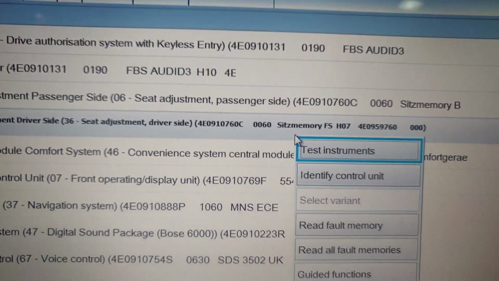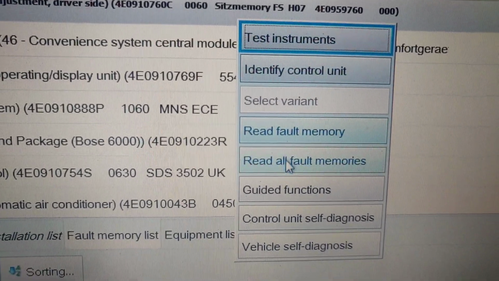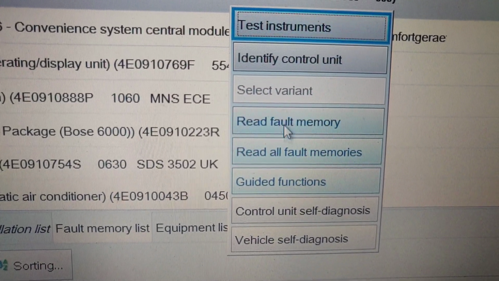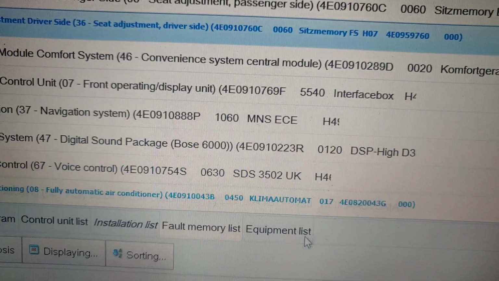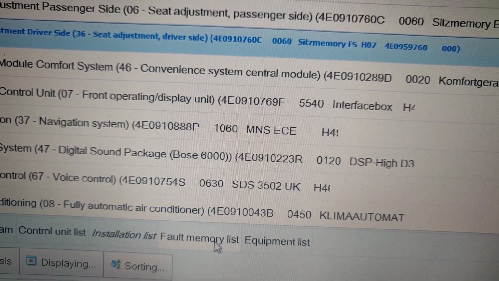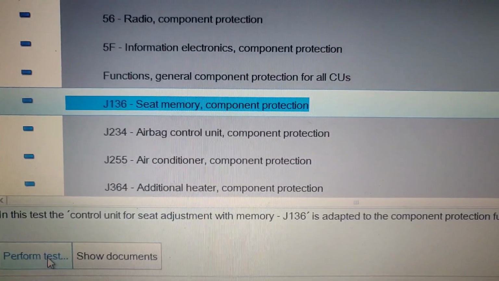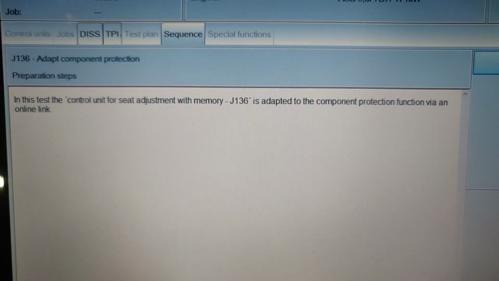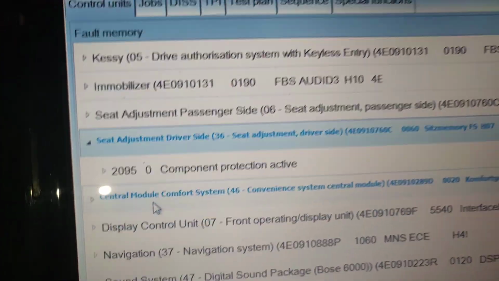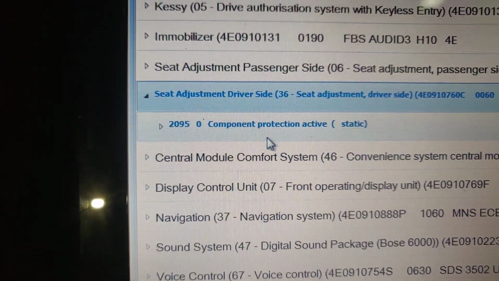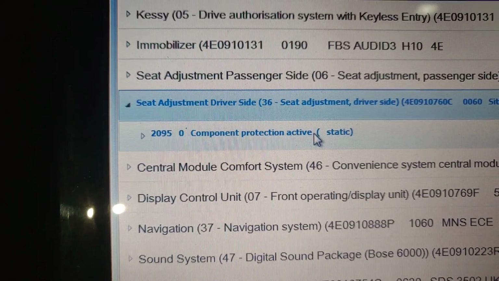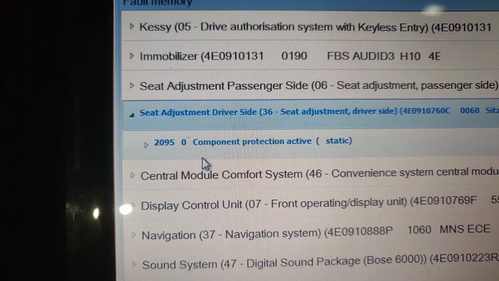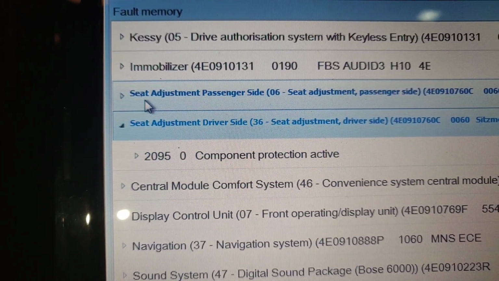What we need to do is go to the functions, read the fault memory, and see what it says, and after that we are able to do the rest of the job, because the fault code is again the same, component protection